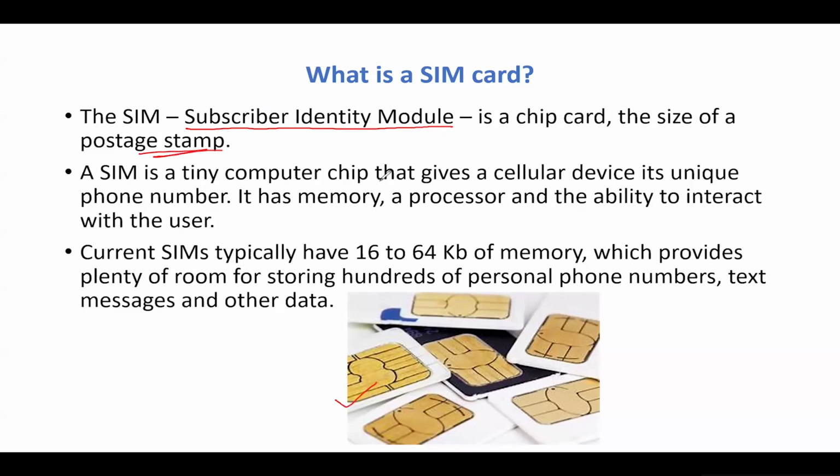So a SIM is a tiny computer chip that gives a cellular device its unique phone number. So this is how we will get a phone number. It has a memory, it has a processor, and the ability to interact with the user. Current SIMs typically have 16 to 64